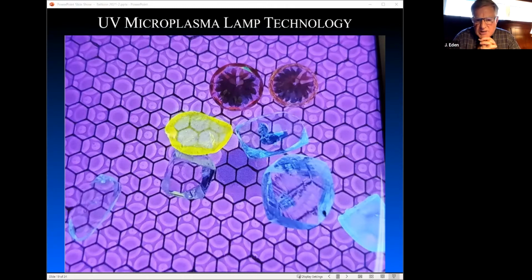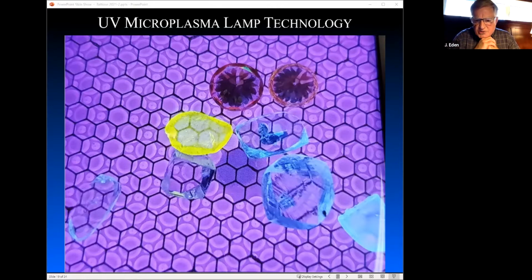are a combination of real diamonds, those that were dug out of the ground, and those that were synthesized. It's now possible to make artificial gems. So the bottom line is that the diamonds that appear to have the garish colors, the yellow and the deep burgundy, are in fact synthetic diamonds. Real diamonds are the light blue ones. So these lamps are actually being used now in commercial products that are being purchased by jewelers and gemologists to identify or separate synthetic diamonds from real ones.